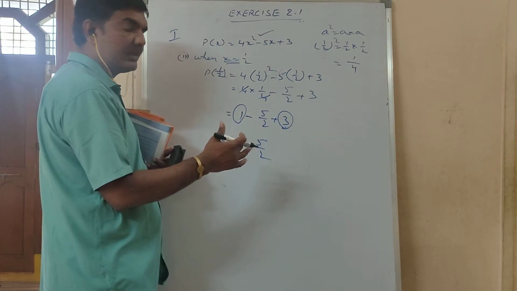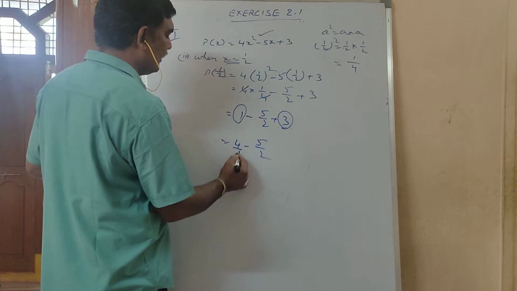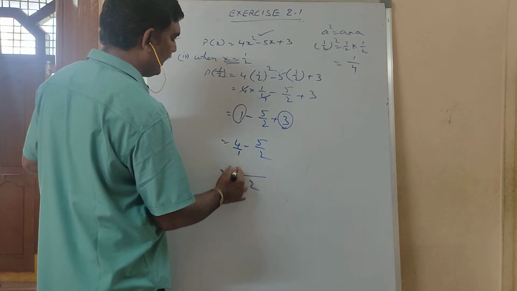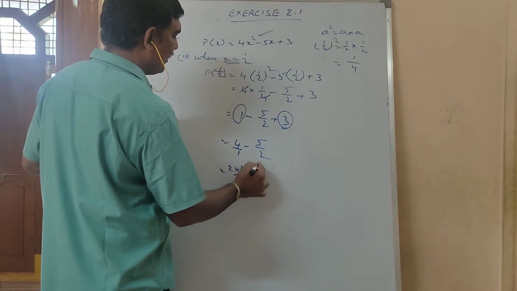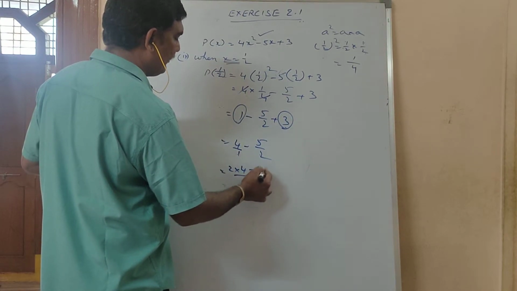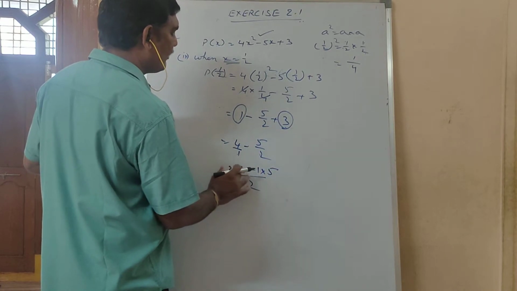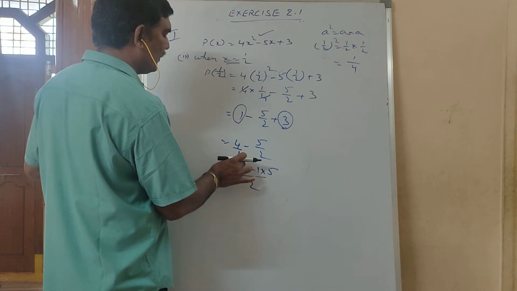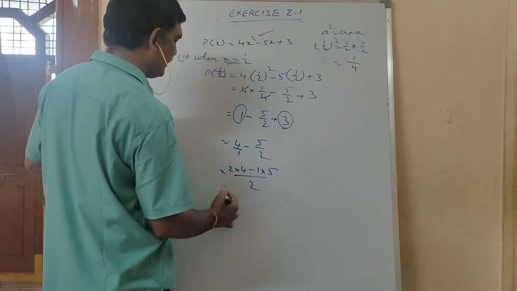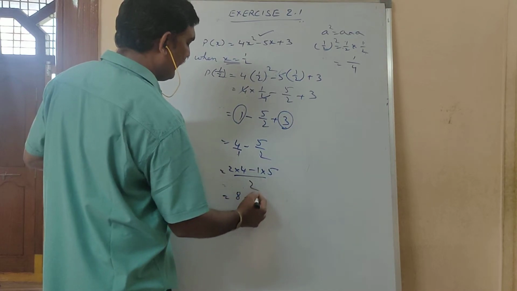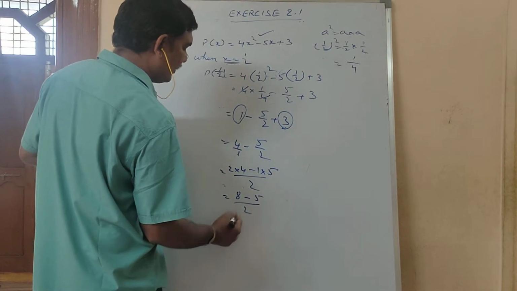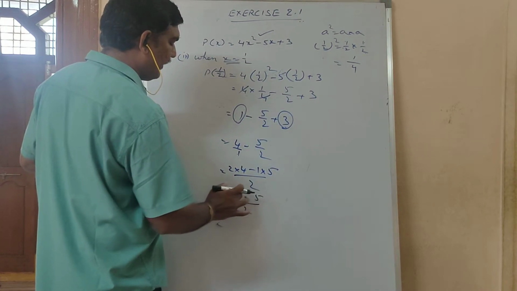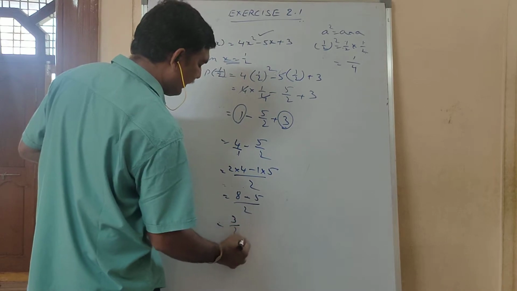Directly we can't subtract it. What you have to do is take the LCM. 1 and 2 LCM is 2. 1 how many times will go in 2 means 2 times, into numerator 4. 2 how many times will go in 2 means 1 time, into numerator 5. By BODMAS rule, first you have to perform multiplication, not subtraction. 2 4s are 8, 1 5 is 5 by 2. See, minus is there, so 2 1s are 2, 4s should not cancel. First simplify it, 8 minus 5 is 3 by 2.